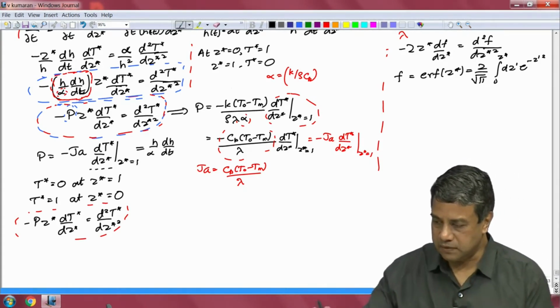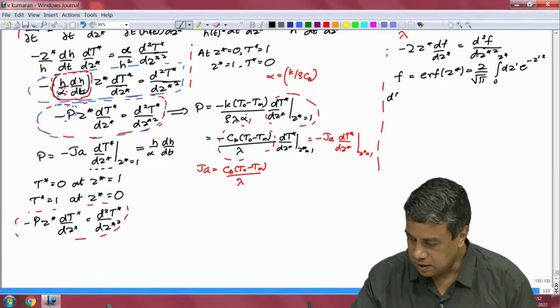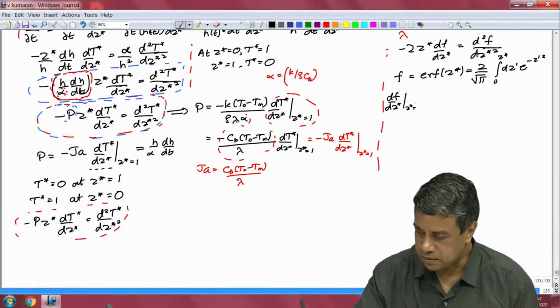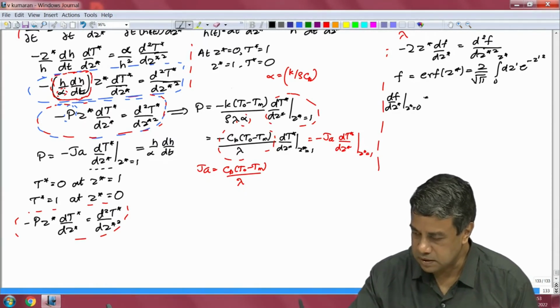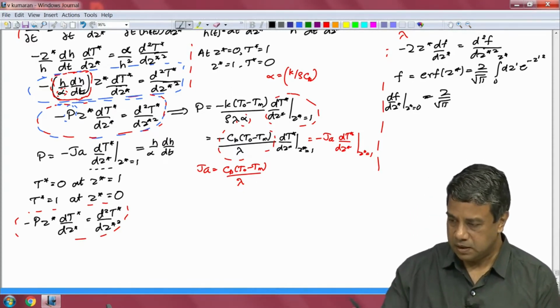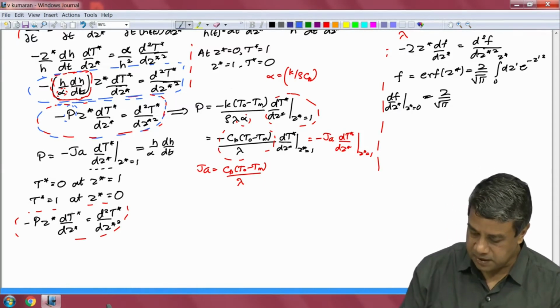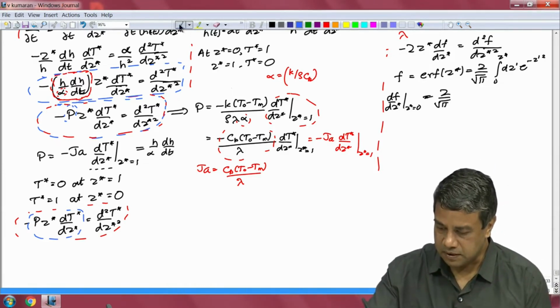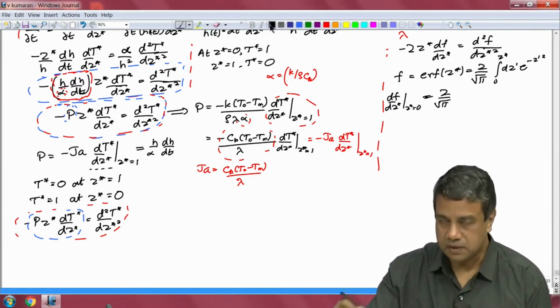And the derivative, df by dz at z star, is equal to 0, which is just 2 by root pi. Okay, that was the function that we had. Now, in this case we have minus p times this, the coefficient. And if you recall, I had also told you that when you have a different coefficient there, you can